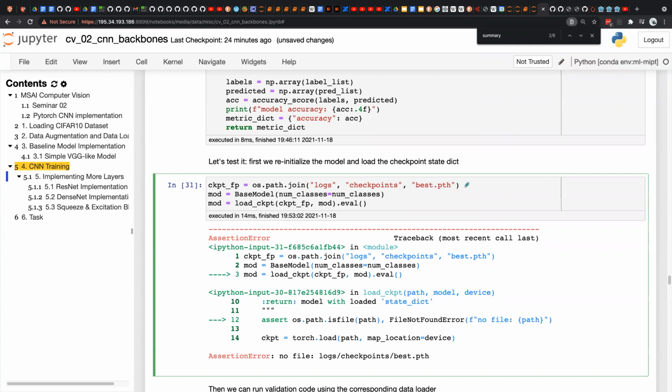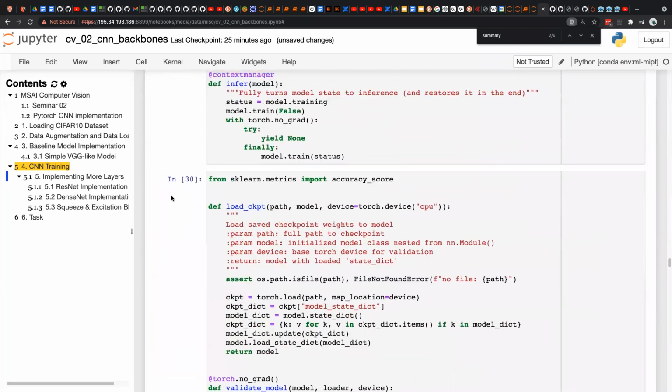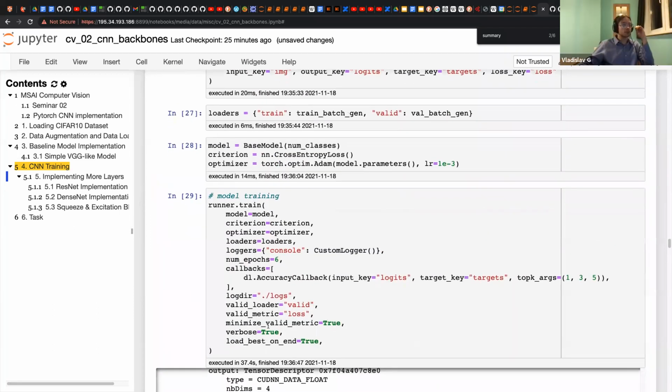One more question. As I understand, we don't necessarily need to have the same loss function in validation metrics when we choose the best model. It can be different, right? It doesn't even need to be differentiable. Yeah, it could be a metric, and it is even called a metric.